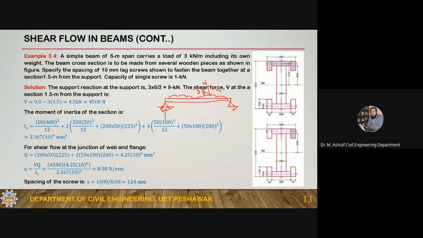Here the reaction will be, since this is 6 meter, total load is 18, so this will be 9 kilonewton reaction, and here you will have another 9 kilonewton reaction. And if you draw the shear variation diagram, so 9,